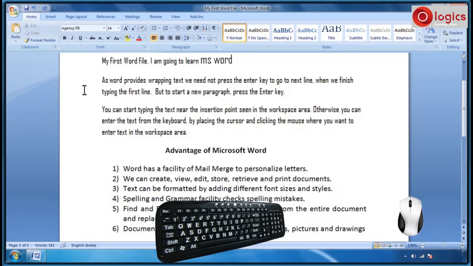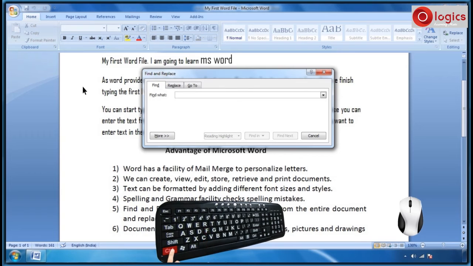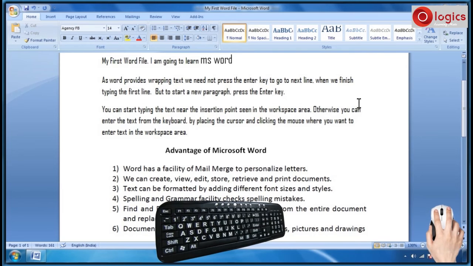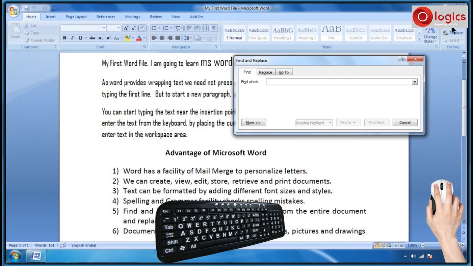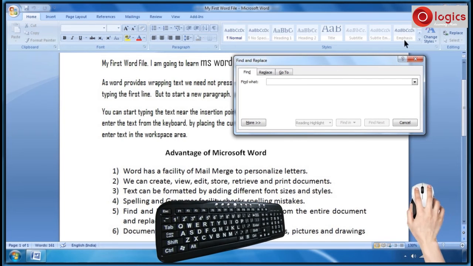Children, do you know in MS Word you can quickly search for every occurrence of specific word or phrase? Let us see how. To search the document, you need find and replace dialog box. Press and hold Ctrl key and then press F. See, the find and replace dialog box appeared, which enables you to search the document. This dialog box can also be opened by clicking here the find command. Type the text here to search on the document.